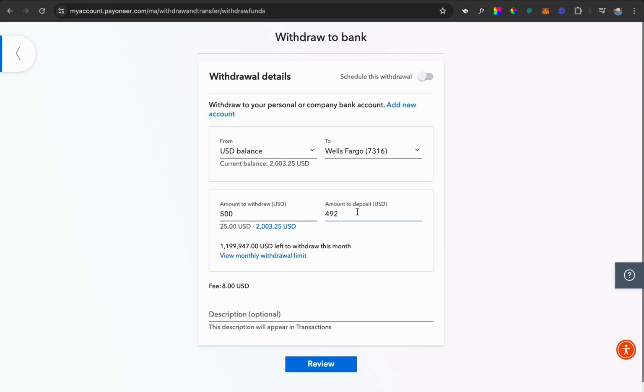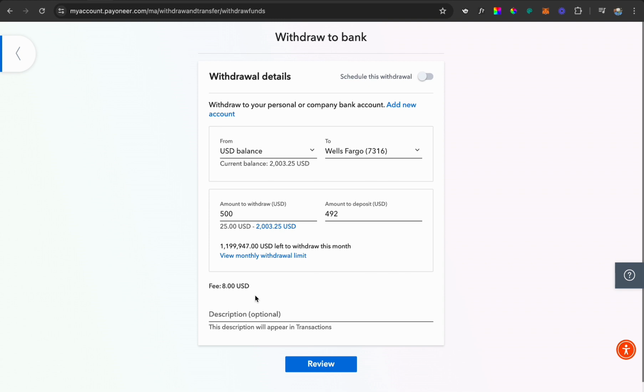So Payoneer sends $492 as the receiving amount. Now, when Payoneer sends this $492 to the GigPay USD account, which is this Wells Fargo account that I have put here, you can see they're charging $8. GigPay also charges their own deposit fee and takes out $10 out of this $492. GigPay takes 2.04% of what you have there. So at the end of the day, you are left with